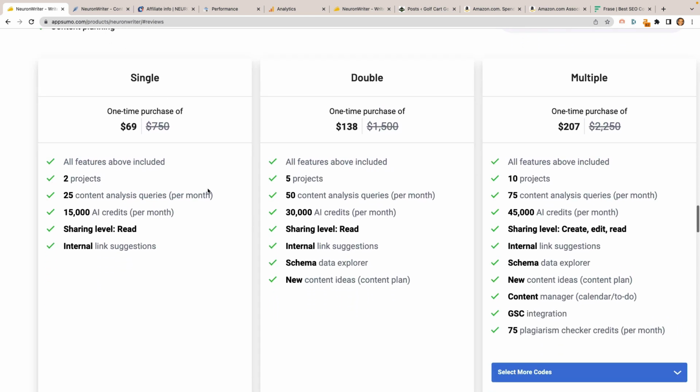So a single license is going to give you 2 projects. A project is basically a website. So you can have 2 websites up and running on your NeuronWriter account. The cool thing is you can add and remove projects. The only thing is you will lose all of the articles that you have optimized from that particular project. So, depending on your workflow, that might work for you. It's not like it makes a big difference if you have multiple articles under one space versus just one, like if you have multiple websites that you're running. But I particularly have